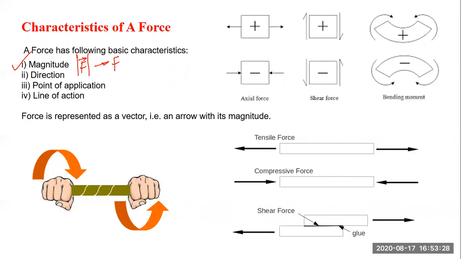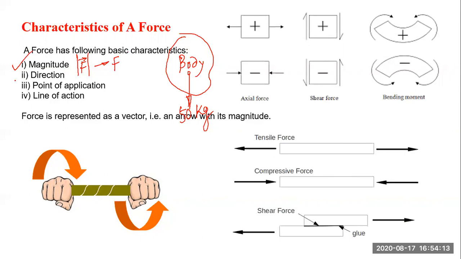Then direction. Say it is a body, one force is applied and the value is say 5 Newton. Or say the weight of a body is say 50 kilo. If we just write 50 kilo, it has no sense. So we have to give an arrow. Now, since this passes downward, we assume that always the force due to gravity, the attraction force by the earth, is downward. So we have to show it by an arrow sign. Otherwise, it has no sense or no meaning.